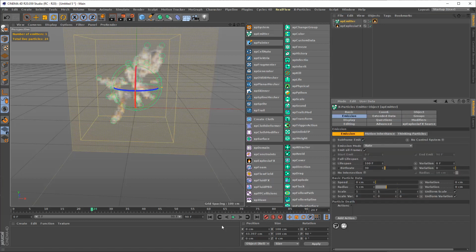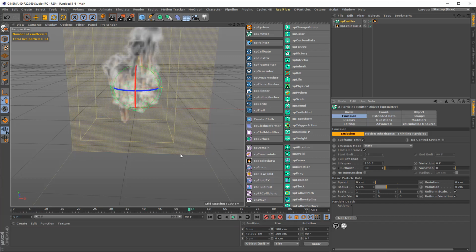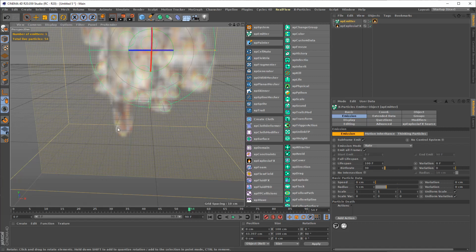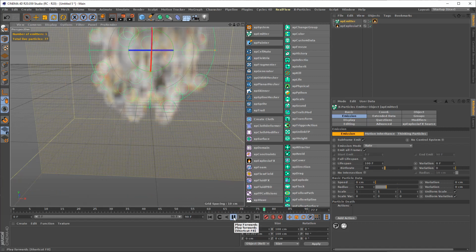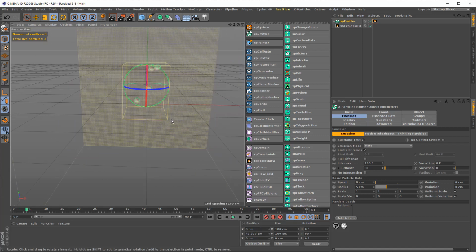Let's turn back the speed to 0. So we can see some of the fuel going down here, which I think is really a strange behavior. Well, I hope somebody can help me with this. I would like to understand what's